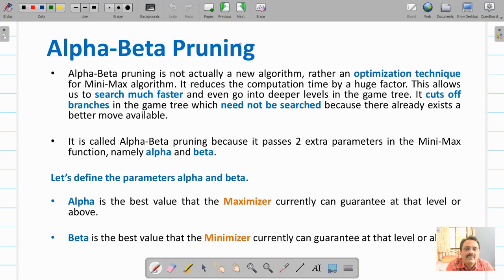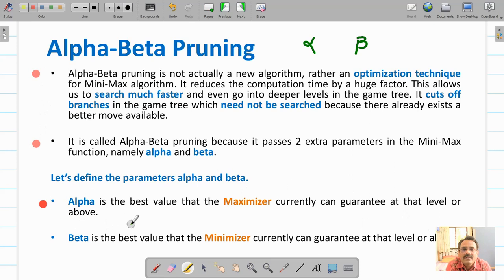So basically it reduces your search space, and for that purpose this algorithm uses two parameters. One parameter is called alpha and the second parameter is called beta. These two extra parameters are passed to the minimax algorithm, and the resulting algorithm we call the alpha beta cutoff algorithm.